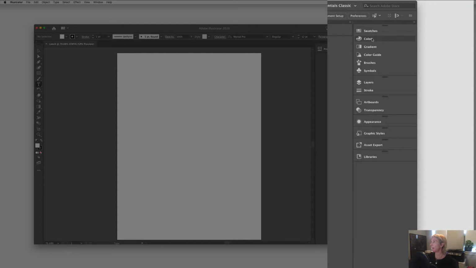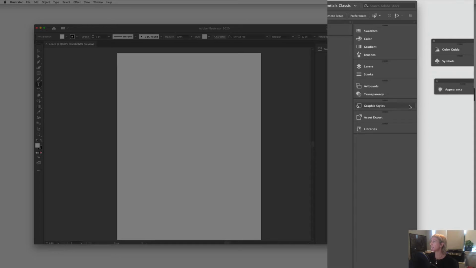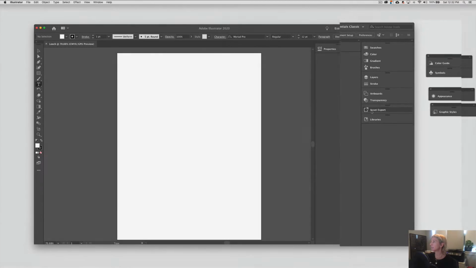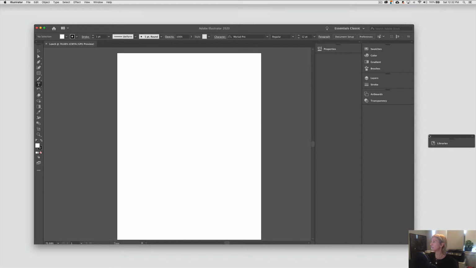Swatches we would like to have. Color we'll talk about. Gradient we'll talk about. Color guide we probably won't get into. So I'm going to pull that off. Symbols we won't be able to get into. Layers, strokes, brushes. Artboards are important. Transparency we might cover a little bit. We'll take off appearance. We'll take off graphic styles, assets, and library. You can delete these other panels